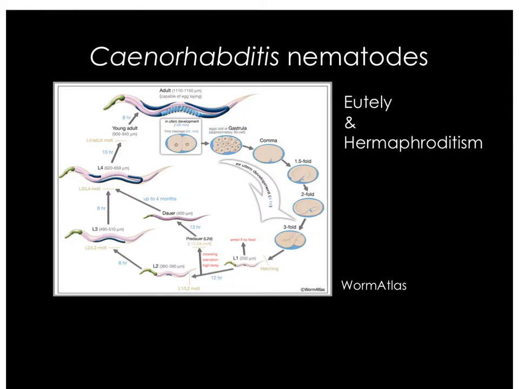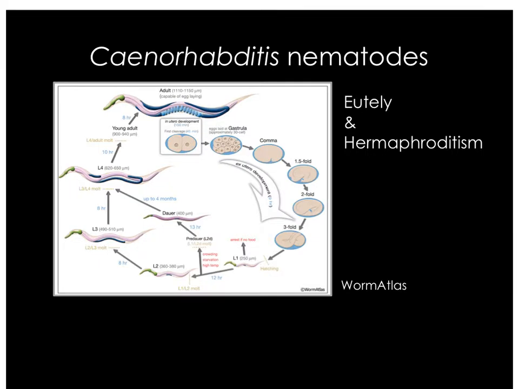So I work on Caenorhabditis nematodes. You're probably all somewhat familiar, at least with C. elegans. A great developmental model system, I probably don't have to mention, but they're eutelic. Every individual has the exact same number of cells, and what's more useful for us in the laboratory is that Caenorhabditis, both elegans and briggsae, the species I work in, have self-fertile hermaphrodites. So a single hermaphrodite will produce somewhere in the range of 300 of her own oocytes,